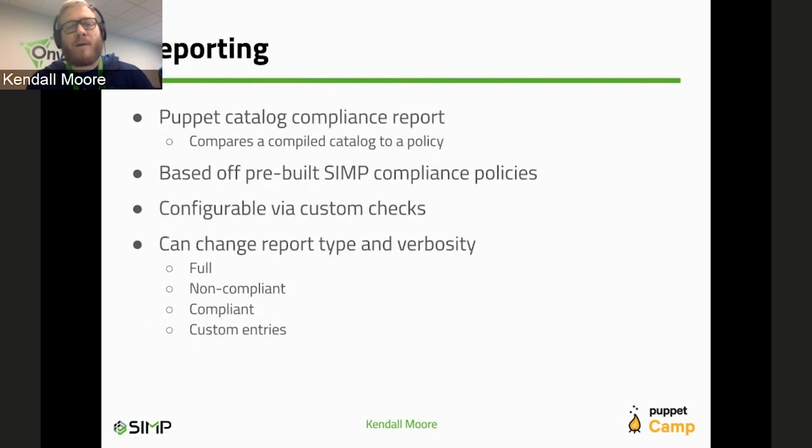So talk a little bit about the reporting. I said that a compliance report using Compliance Engine is generated at catalog compile time. That is done with a bit of magic Ruby code that runs inside of the Puppet server process. And what it does is it takes a catalog after it's been compiled by Puppet server. It reads the profiles for compliance, such as HIPAA or SOX or CIS or whatever that we have written in our markup language, and it compares that catalog to that profile, and it will generate a report and tell you